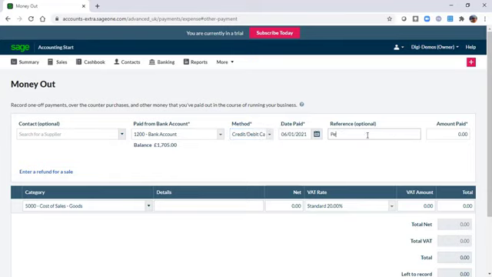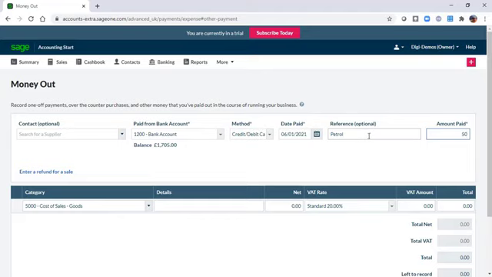Again, reference, I'll just keep it nice and simple, something as simple as just typing the word petrol. It might be that when you've got your receipts, you write some sort of filing reference on there. So for instance, we might do 2021, 01 for January, and then we might have some other reference that we key in onto that document, just so we've got that cross-reference if we need it. But as I say, just keeping it nice and simple. We just do something like petrol, pop in the amount, so we'll say it was £50 exactly, and then again,